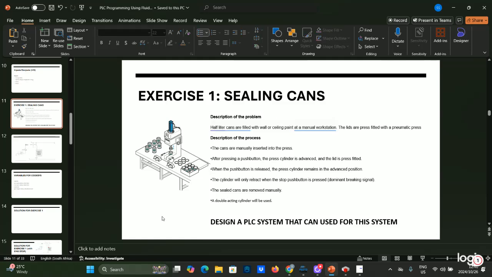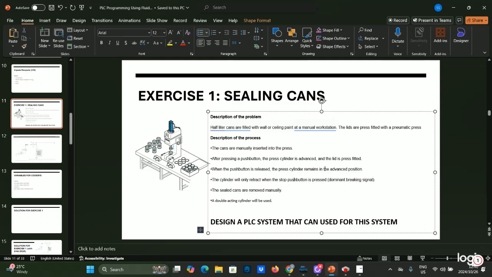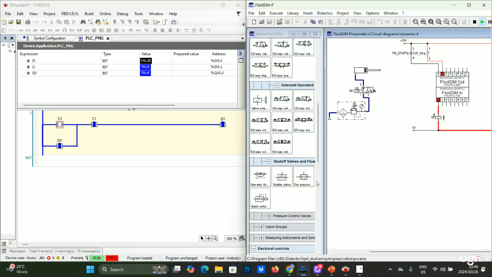So now, if you look at this, they're saying the cylinder is able to advance to the main position, and it's only retracted by, what retracts the cylinder? It's a stop push button. So which means here,